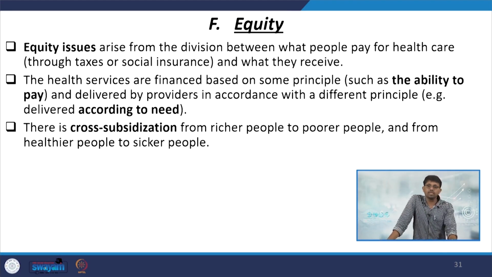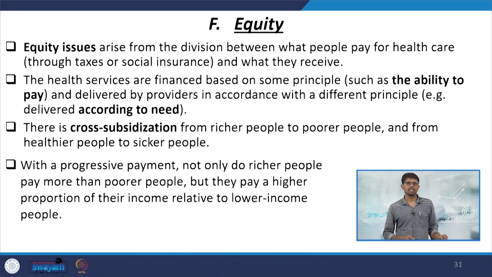There is cross subsidization from richer people to poorer people, and from healthier people to sick people. Accordingly, equity is addressed with a progressive payment, where not only do richer people pay more than poorer people, but they pay a higher proportion of their income relative to